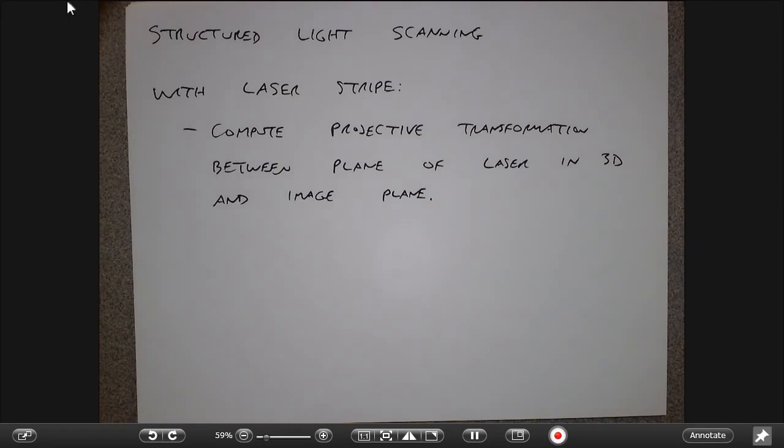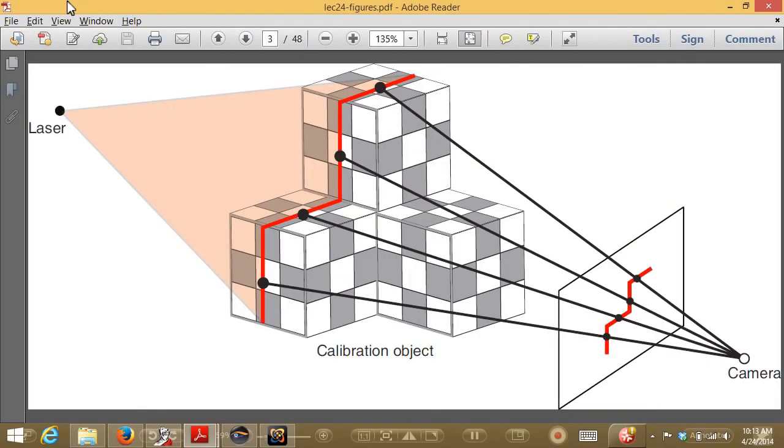So here's one example of how you could do it. It's not the only way, but suppose I have a calibration object that is made up of a bunch of planar faces, all of which are fundamentally the same. It's like a thing built up out of the same checkerboard, and I make this kind of 3D object. Now when the camera sees that object, suppose I turn the laser stripe off and all I see is these boxes of checkerboards. From the camera's perspective, that is equivalent to showing the camera the checkerboard in a bunch of different configurations, except I'm just seeing all the configurations in one image, right? If I assume that all the faces are identical, this is exactly all I need to calibrate the camera,